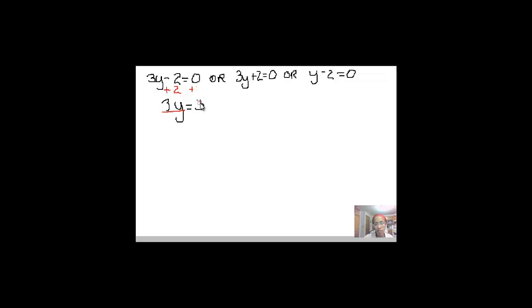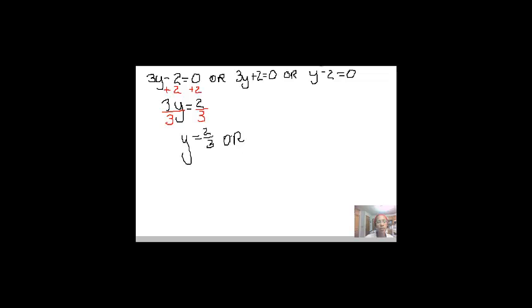You were probably wondering what I was doing. I was making a mistake is what I was doing. That looks better. And we're going to divide both the left and the right side by 3 in order to isolate that y. So y equals 2/3,